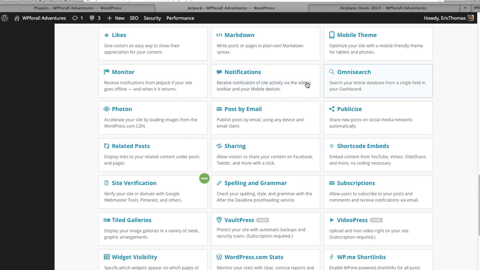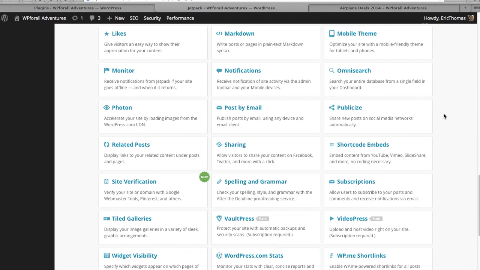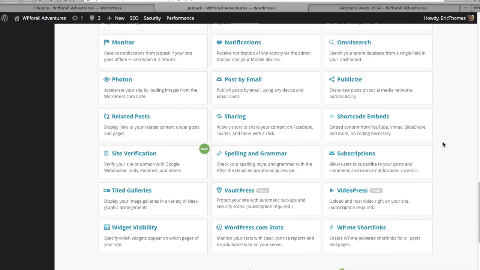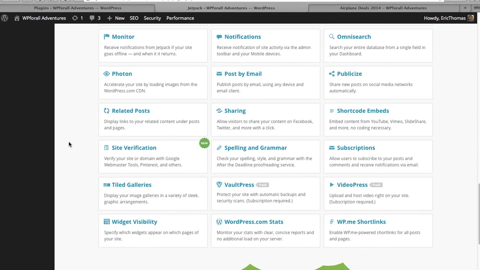There's many other ones. Notifications, a better search, publicize, so it shares your new posts on social media networks automatically. In another video, I actually would talk about a plugin called Next Scripts, I believe, and it does the same functionality. So as you can see, a lot of these functions that are built into this Jetpack are all available through other plugins or other services, and so that's why people have some opinions on the